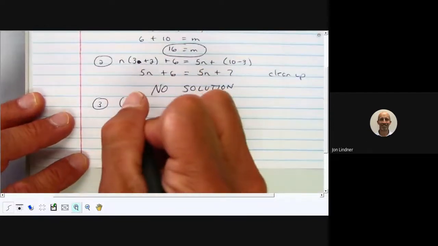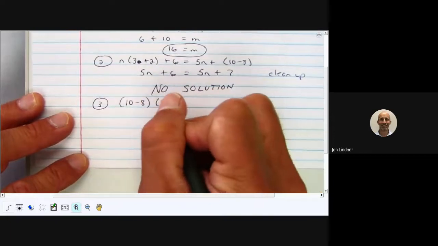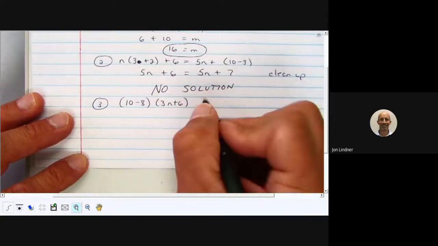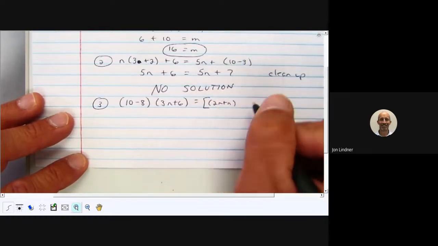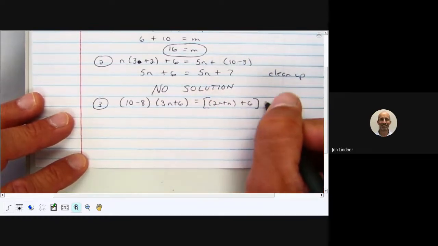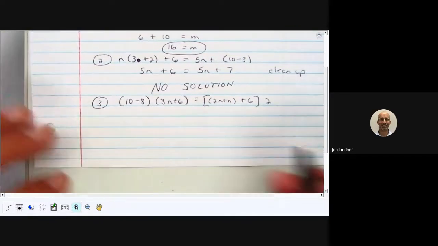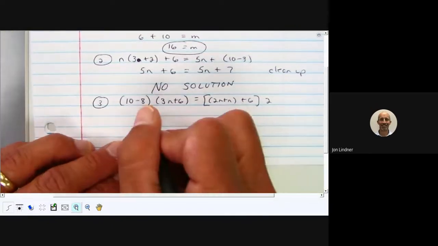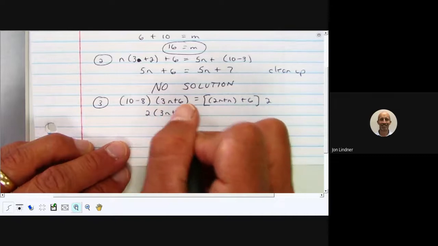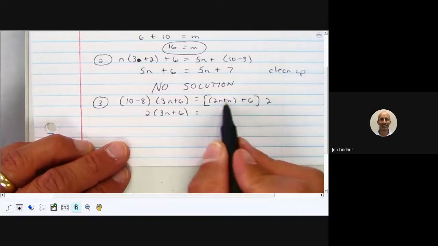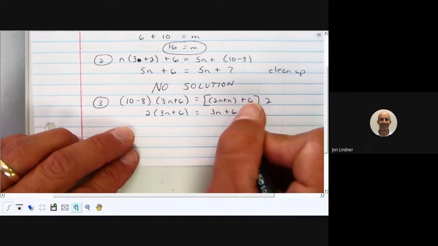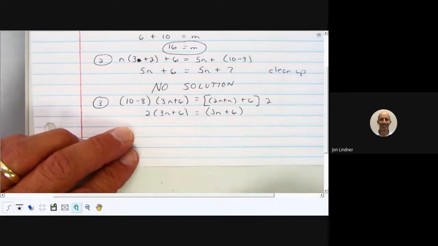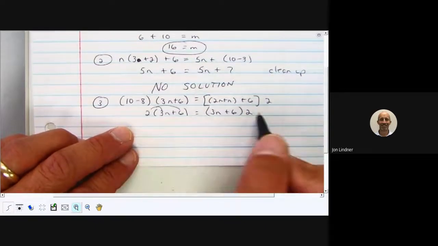All right, and the last problem I'm going to go over today is this one. And it looks really ugly, but once we clean it up, it's not that bad. They've got all this junk, they've got brackets and all this stuff, but really, if we clean this up, it's not that bad. 10 minus 8 is 2 times 3n plus 6. Over here, 2n plus n is 3n, and I've got 3n plus 6. Brackets are the same thing as parentheses, and this 2. Well, all I need to do is distributive property,